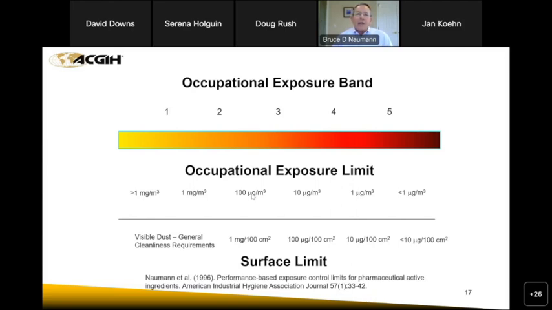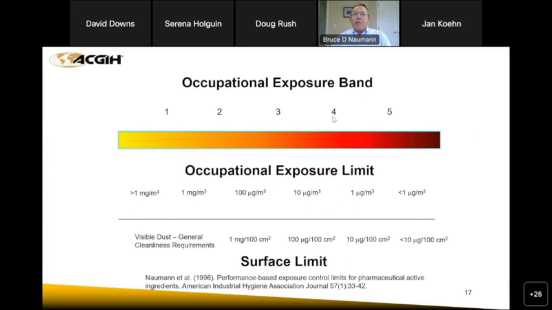And then we had Mevacor, an anti-cholesterol drug, for example. I think it was 50 micrograms per cubic meter. They knew what they had to do to control that, and then simvastatin came around, so Zocor, and okay, we know what sorts of engineering controls are needed to control to that level. And so if you have a system like this, then it's fairly easy to drop new compounds in, and it shows the correspondence between the bands.